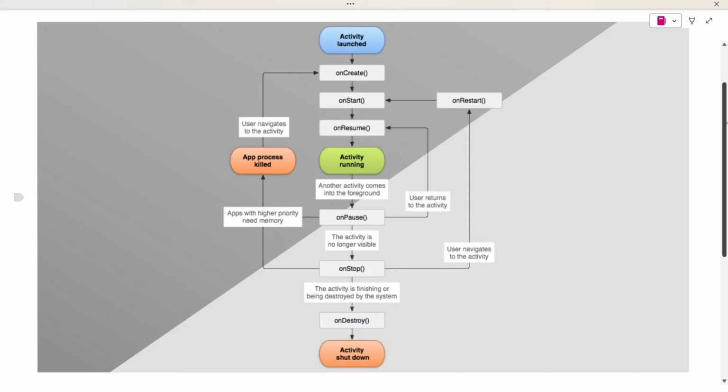These are the events we receive throughout the activity lifecycle. This diagram is provided by the Android official documentation. It looks quite difficult, but I will try to explain it with practical aspects, which will be easier for you to understand. So first, whenever we launch our application, our activity gets launched, and onCreate and